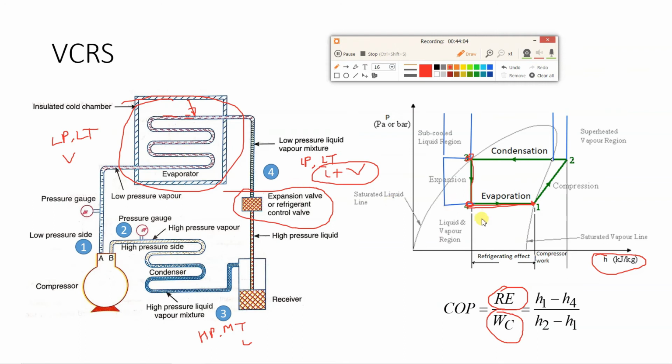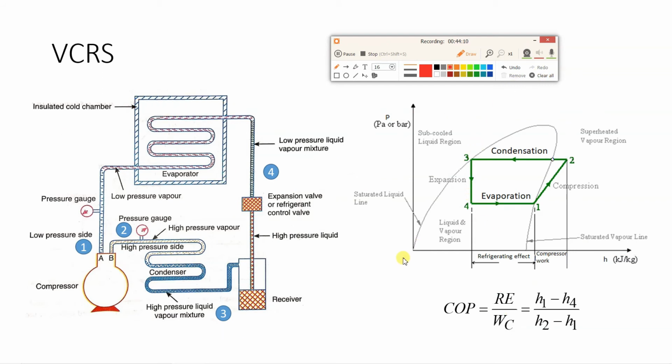Now what is the enthalpy difference? Just see the enthalpy axis. I'll clear out everything. This is the 0 of enthalpy axis. Okay. Now evaporator, it is from 4 to 1. So evaporation is from 4 to 1. So which enthalpy will be higher? If you see the x-axis, this point will be H1 and this point is H4. So which enthalpy is higher? If you see, this is refrigerating effect where heat is absorbed by the refrigerant. So enthalpy H1 is higher and enthalpy H4 is lower. So refrigerating effect you can replace as H1 minus H4. And this enthalpy value you will get from pH chart.